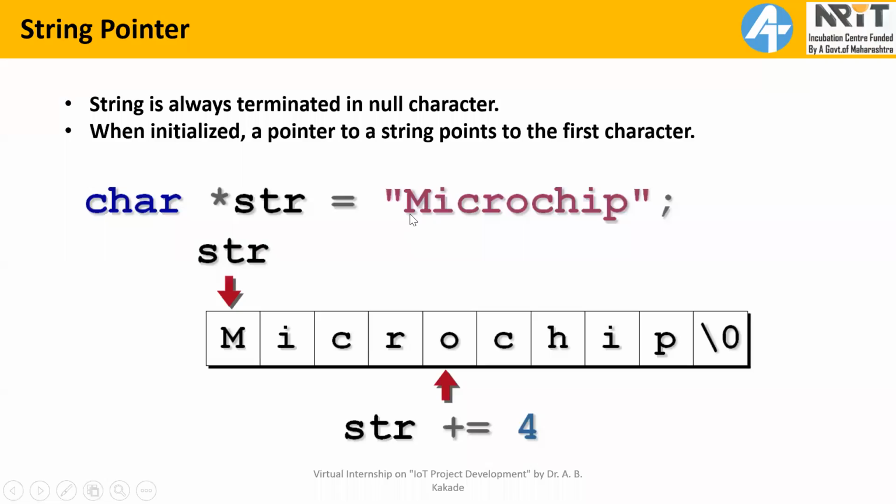So string character can be anything. It can be alphabets, it can be number as well. So string can be made up of alphabets and numbers. String must be enclosed in double quote. So whenever you enclose characters under double quote, it becomes string. Usually string is saved in flash memory.